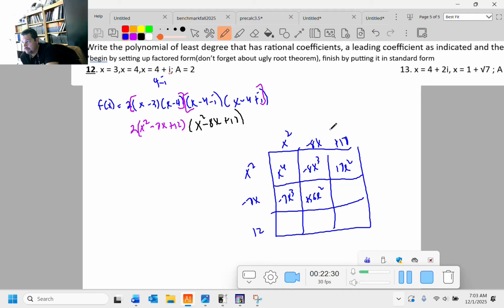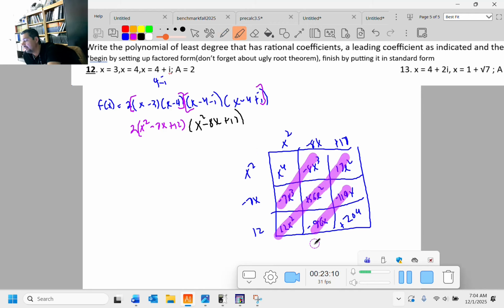70, 49. Lost my place. 119x and it's negative. 12x squared. Negative 96x plus 204. Double checking that one. 70, yeah, 204. Alright, so the nice thing about the box is, if you look at your diagonals,